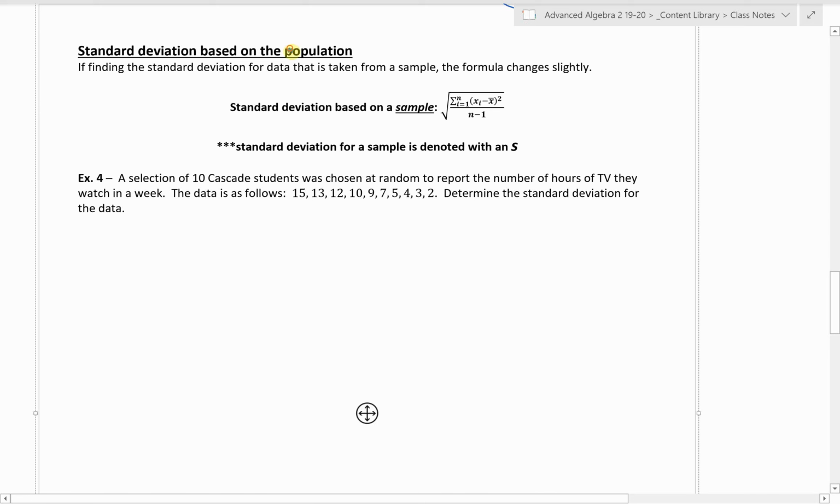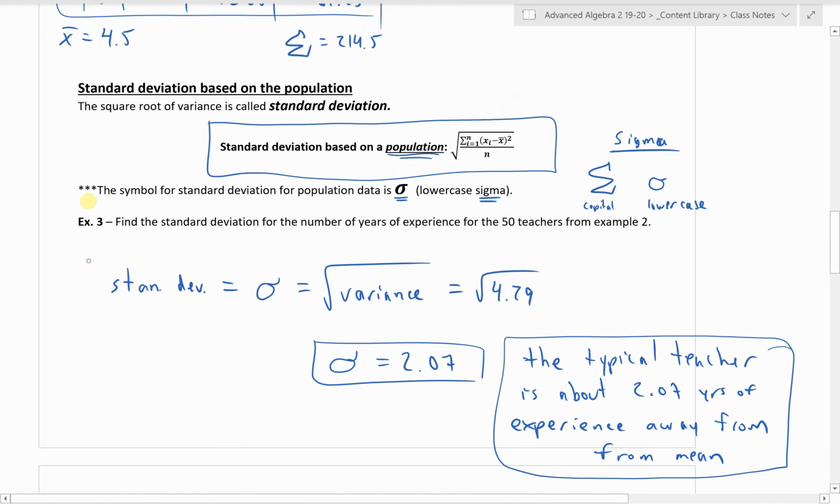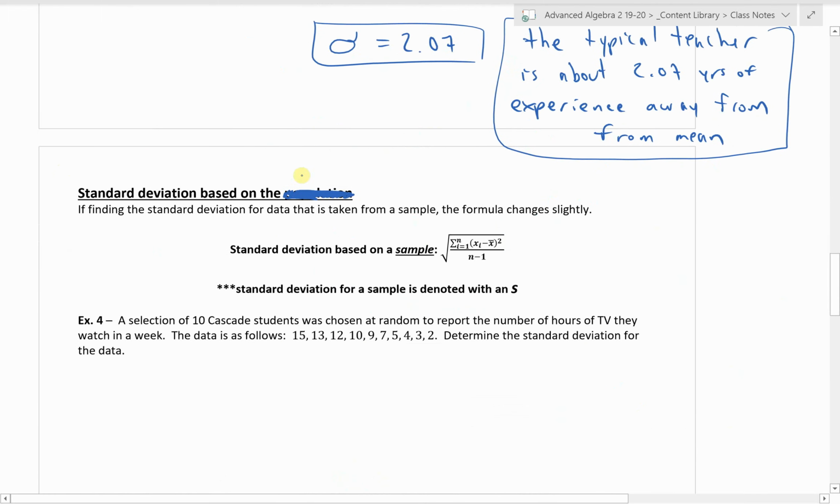Okay, so in the previous video, we talked about standard deviation, introduced the idea of it, and talked about how to compute it as the square root of variance. And we talked about it as the standard deviation of population. When we're talking about the whole population, we can compute standard deviation really straightforwardly and directly like that. However, if we're doing it for a sample,